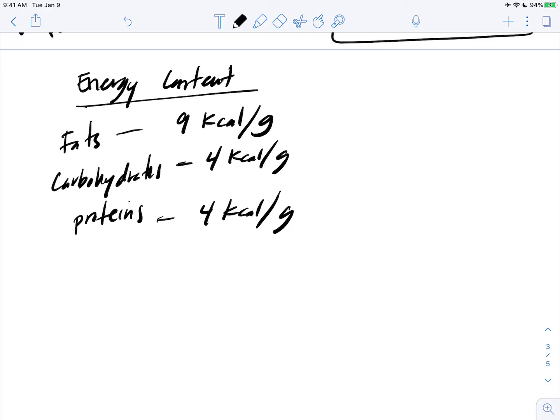So if you need a lot of energy, you want to eat fats. Turns out if you eat too much fat, your body doesn't need as much of that, and we're going to store it for later, which is not great. We're not going to really get into right now how we can get energy from these, but we can talk about each of the different essential nutrients. So we'll start off